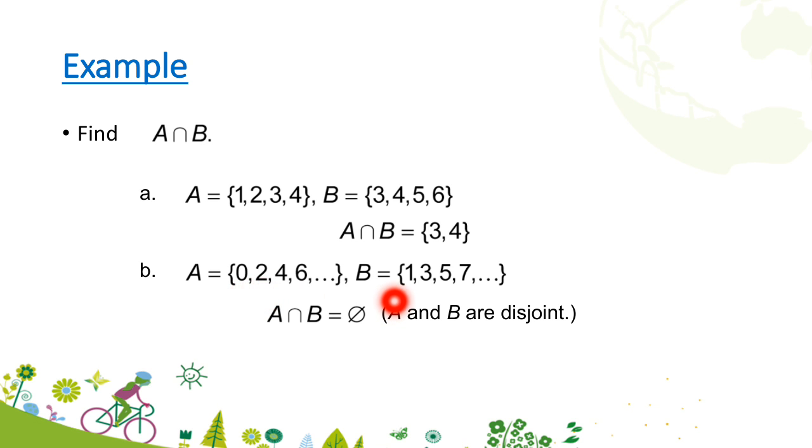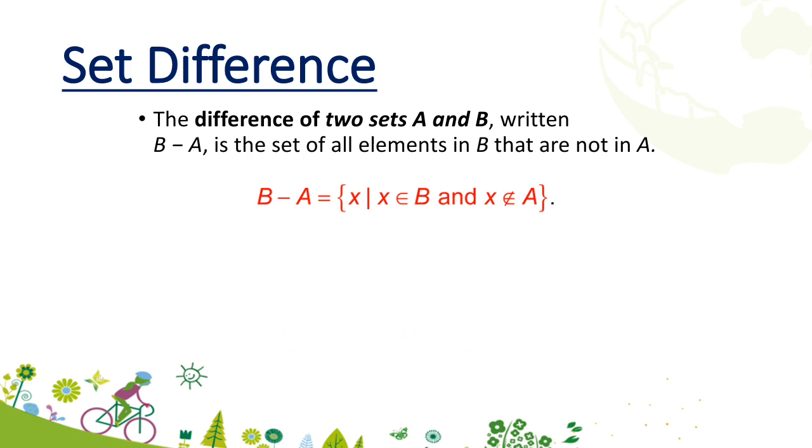Okay, here is another intersection. 0 is present in both sets, no. 2, no. 4, no. 6, no. So there is no element that is present in set A and also present in set B, or you can say that there are no common elements between A and B. So the intersection of A and B will be the empty set, which you can denote with the symbol ∅. When there is no common element between two sets, then the sets are known as disjoint sets.